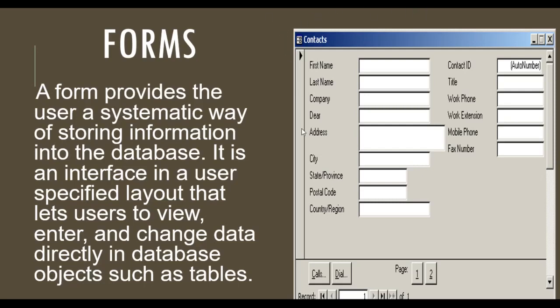So here I have given one example picture for forms. From this form, the user can easily enter the values which are relevant to the field name given near the boxes. Isn't it? So the form presents information in an organized manner. This may enhance the data entry of the user. Let me see how to create these forms in your OpenOffice Base.